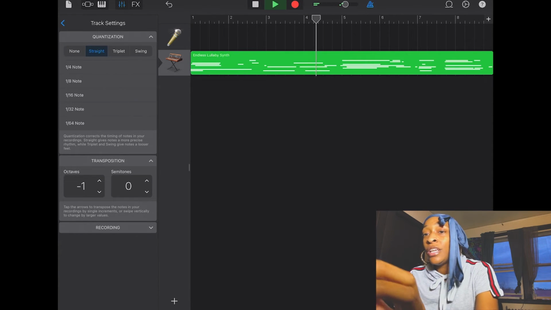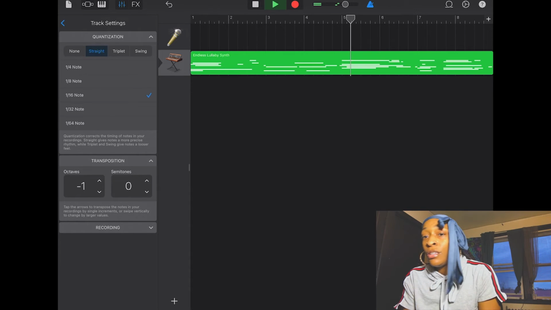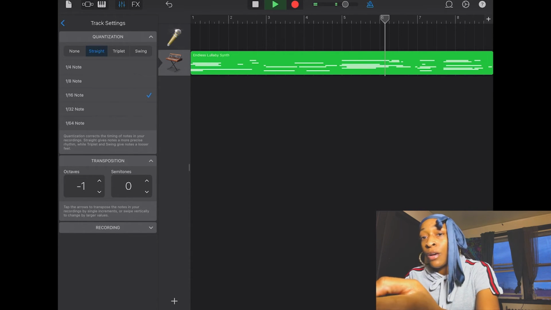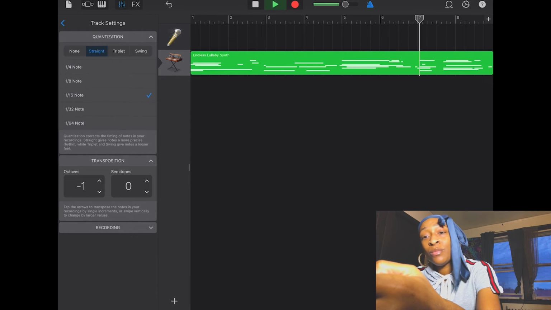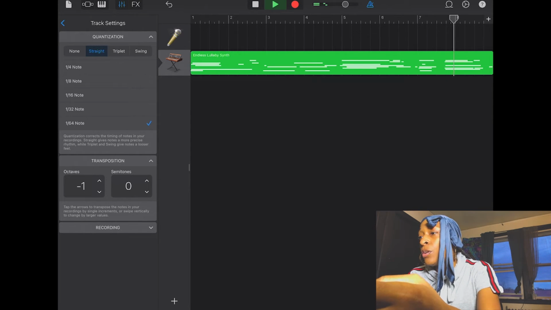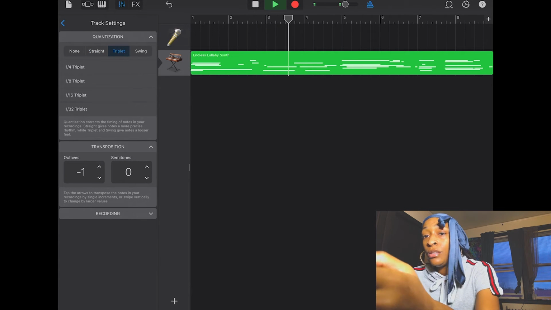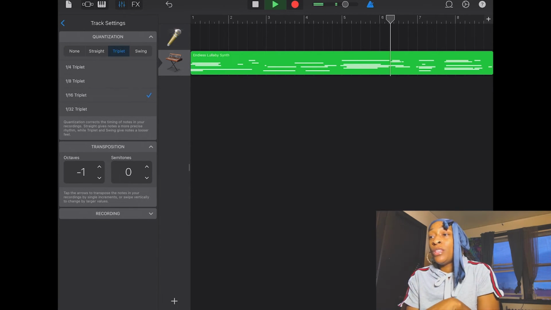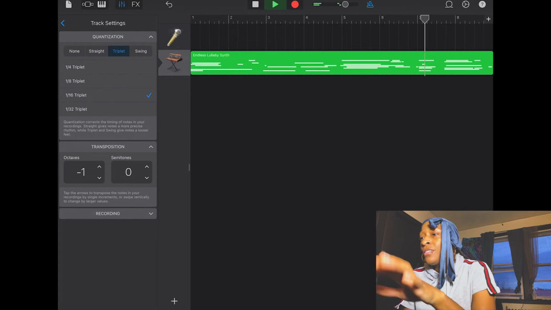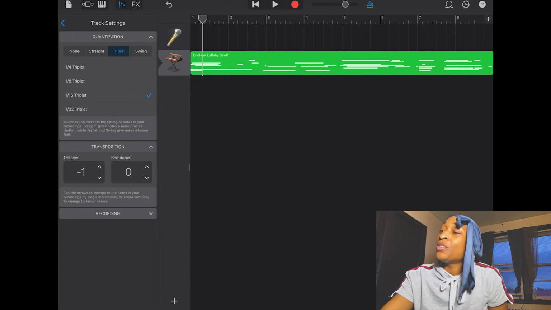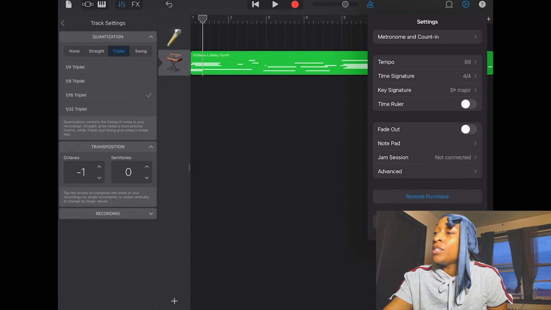Ooh. Let's go to quantization and see what we can do. All right, I got it on 1/16 notes. Let's go to 1/64. Beautiful. I think I like this 1/16 triplet with this. I love it. Okay, so now I'm going to change the tempo back to 110 because that's too slow,